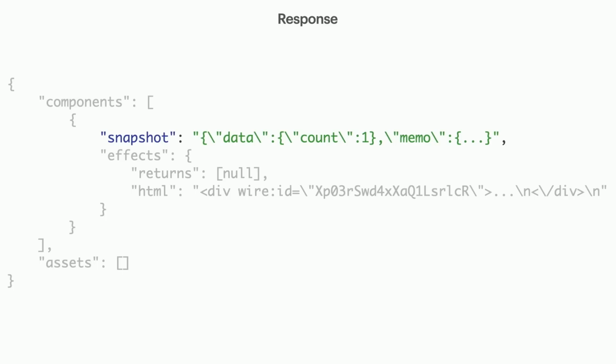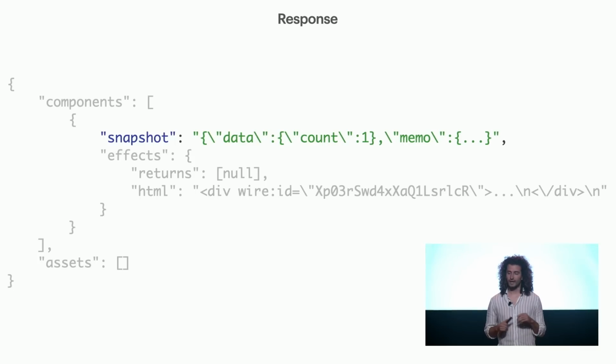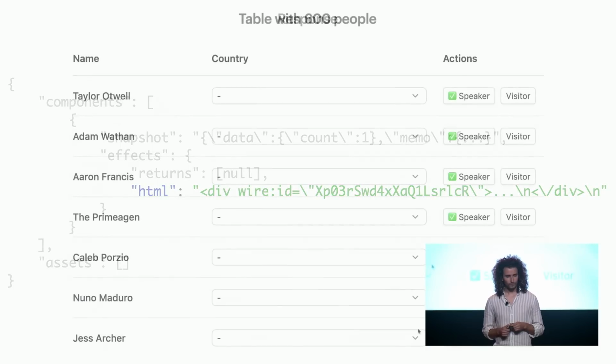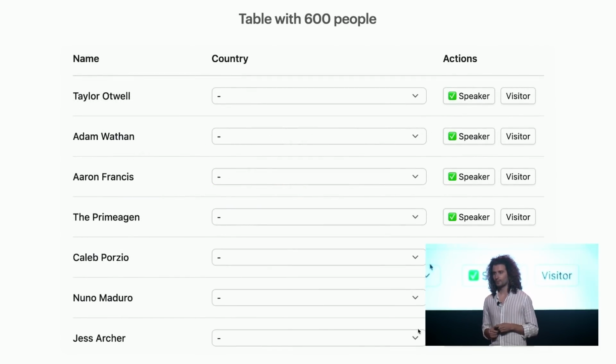And this is because the snapshot data is stored on the client side. Any public data or public property that you define on the Livewire component will be stored on the client side. Finally, we get the new HTML back. And if we take a look at an example,